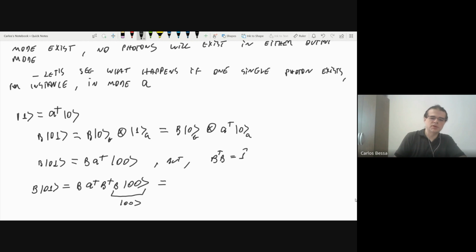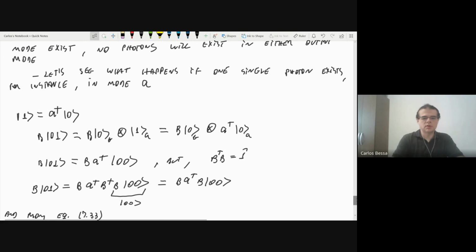So this is the same as B, A dagger, B, 00. And from equation 733,